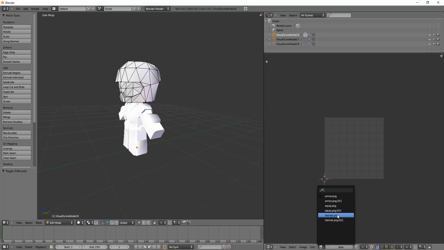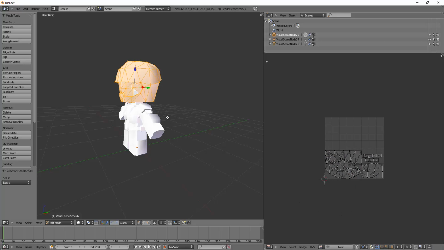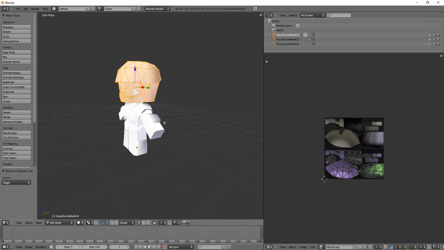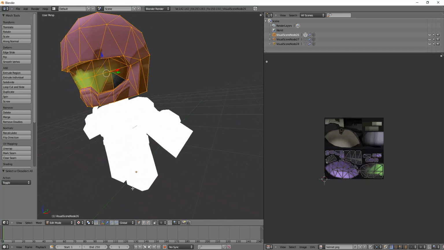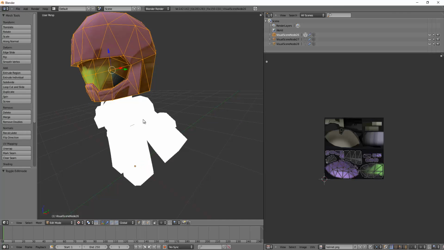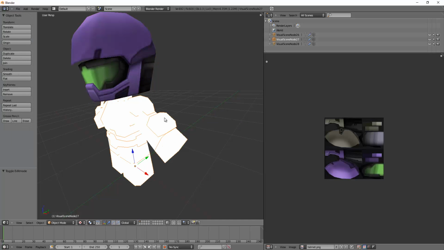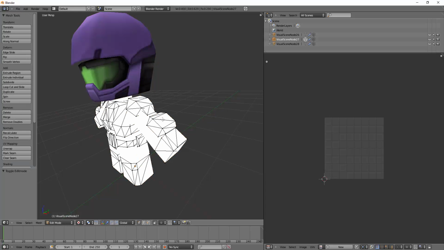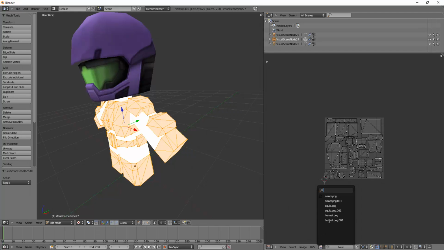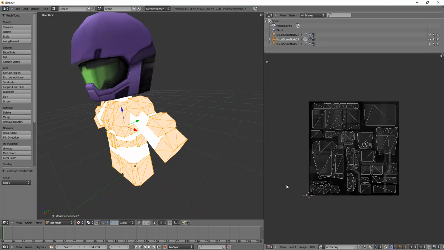And so we're going to click on this helmet, tab, and then we're going to select the helmet, hit A, and okay, reselect the helmet, and we're going to hit textured. Okay, so right click select, hit tab, hit A, and that's going to be, looks like it's going to be armor.